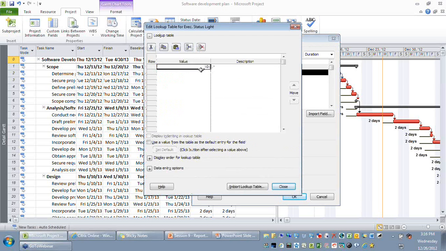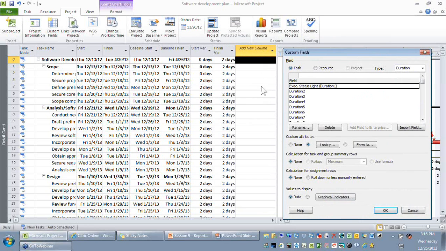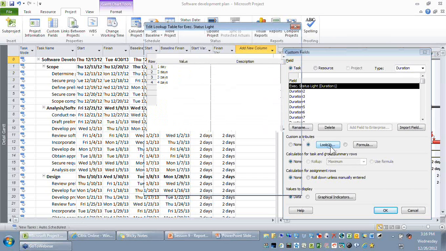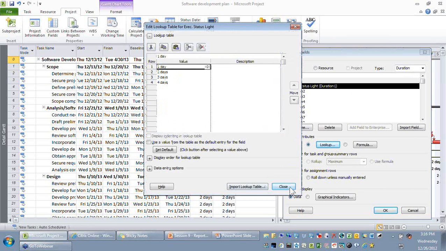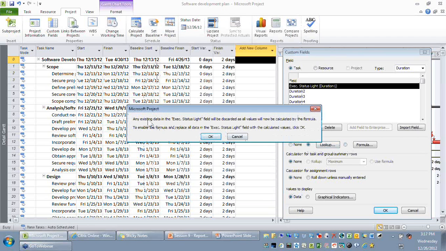If you say lookup, naturally you can try to have some unordered list. For example, I can have values like this, let's say 1, 2, 3, 4. So naturally when you try to have this lookup as a value, in that column it will be a drop down where you will be allowed to select 1 to 4. Whereas in this option I'm not going to do a lookup, rather I'm going to write a formula.